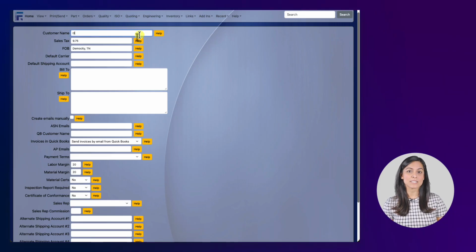Begin by entering the customer name exactly as you want it to appear on quotes, orders, and invoices. Example, Demo Shop. 2. Sales tax. Enter the customer's sales tax rate as a percentage. For example, 9.75. If the customer is tax exempt, enter 0.00 and make sure you have their exemption certificate on